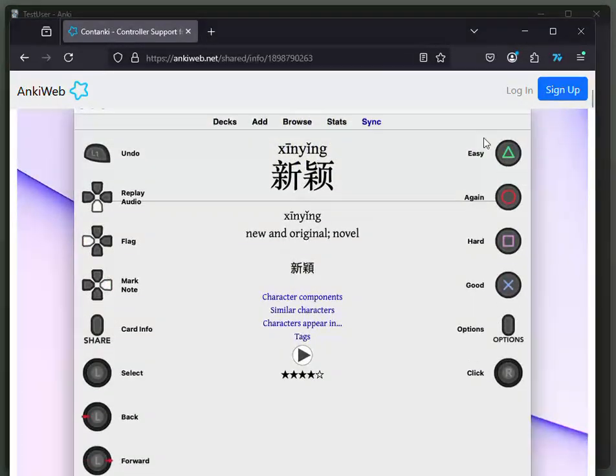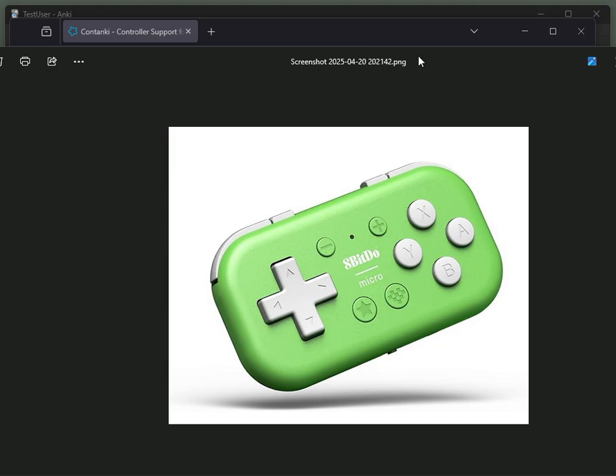You can just Google instructions on how to import this add-on. But basically, it lets you take an existing controller, and there are several that are supported, and you map all of the different options to the different buttons on the controller. I was partial to this